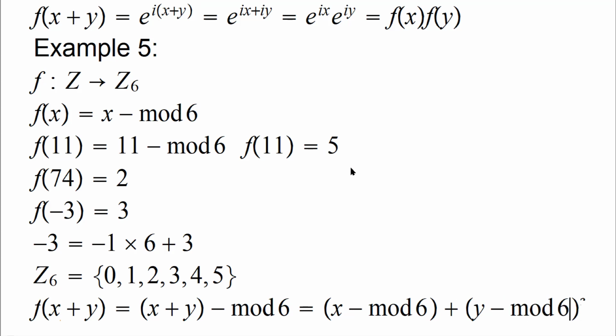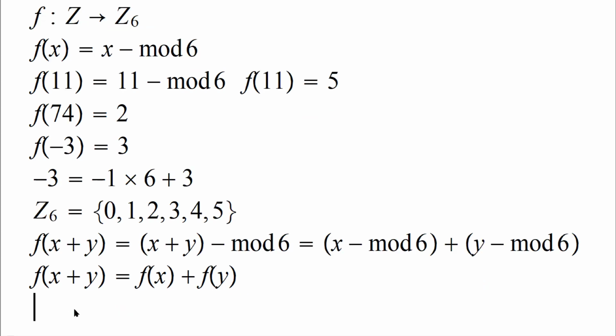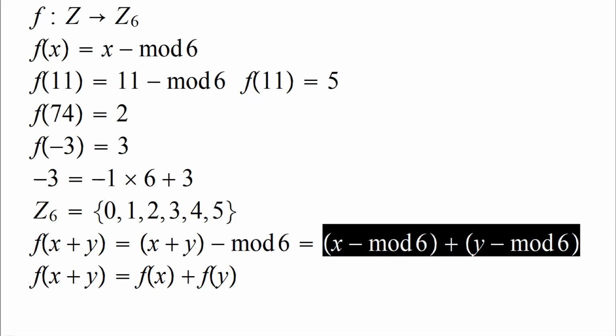Okay, and that will make it a homomorphism because those guys are f(x) plus f(y), right? Okay, f of x plus f of y. And this is just because of this property. We did not prove it in a routine way, but we had adopted it